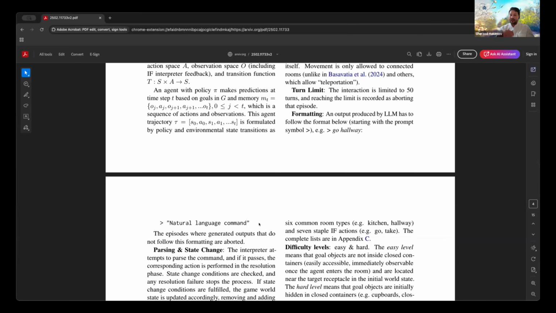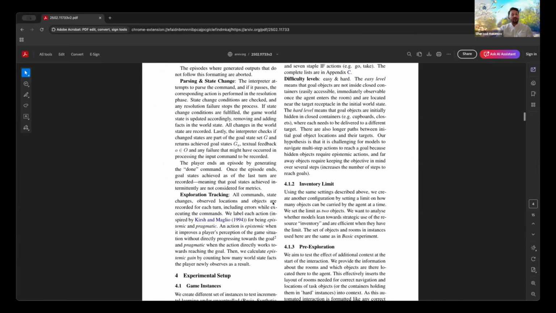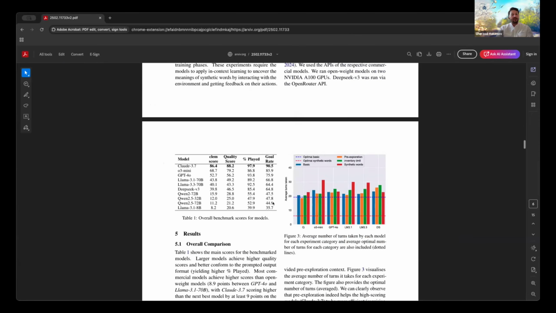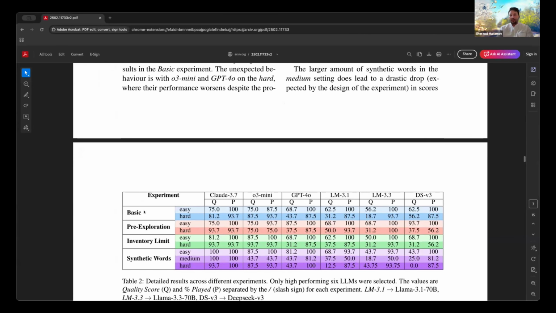And all the agent has to do is incrementally learn how to interact within this environment by using what LLMs really have, which is in-context learning abilities. There's basically both of these things. On the top is incremental learning, because the agent doesn't know what to do initially, but based on the feedback incrementally, we just want to benchmark whether they get to the goal state or not. And to do this, we have implemented a set of nice experiments, which I would give in a list here. And we have benchmarked a set of LLMs that are both from commercial and also from the open side.